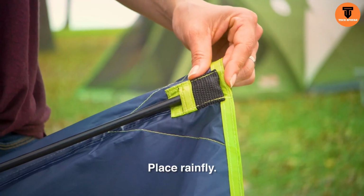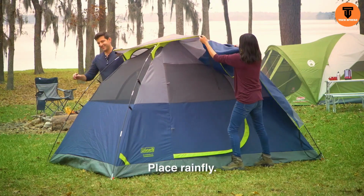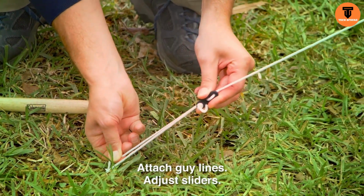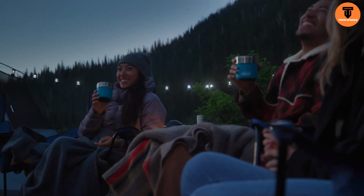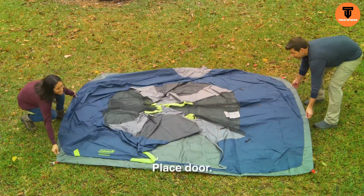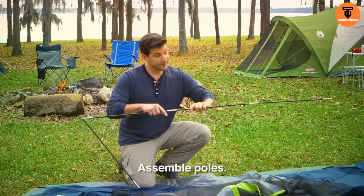Built with Coleman's signature WeatherTech system, the Sundome is ready to take on unexpected rain. It features inverted seams and a bathtub-style floor that keeps water out, even when the weather takes a turn. 2 large windows and a ground vent create a steady breeze inside, so you stay cool and fresh, even in the heat of summer. The tent is crafted from durable polyester, offering resistance to rough conditions and backed by a